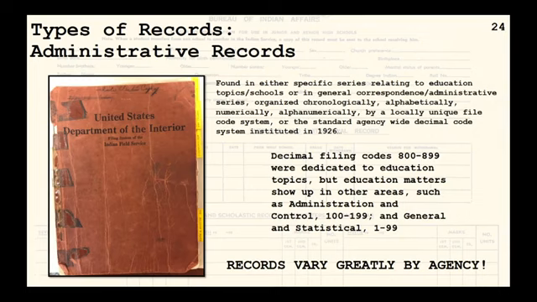With those codes, one can narrow their hunt within hundreds of boxes to zero in on school records that might be of use. It is important to note, the records saved do vary greatly by agency. So what you might find, say, in the Fort Bidwell agency records out in California won't be the same or as detailed as what you might find in the Shawnee Indian Agency records down in Oklahoma. Now, some agencies would lump all their administrative files together in a massive series, and others would split them out into education, construction, financial. Again, it varies greatly by agency.